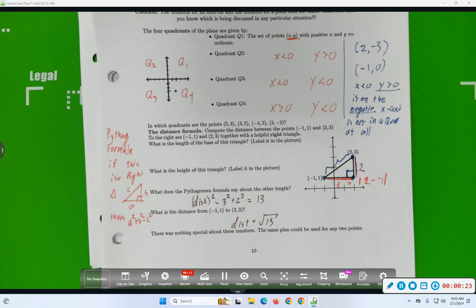This isn't necessarily in the notes, but how about this? 1, 5, 2, 2. If I were to ask you to measure the distance between these two points, well, maybe I'll give you